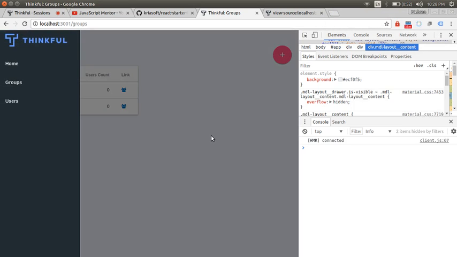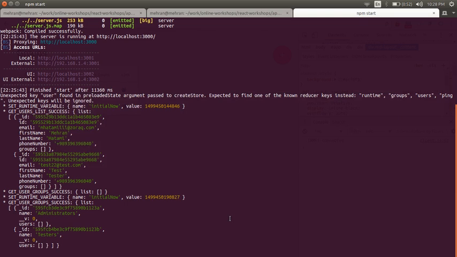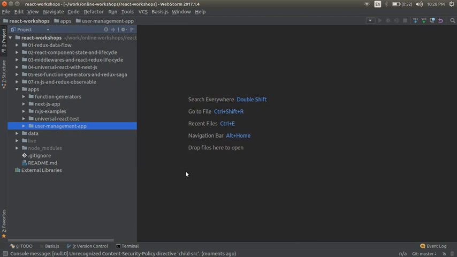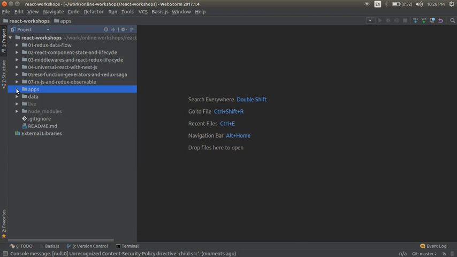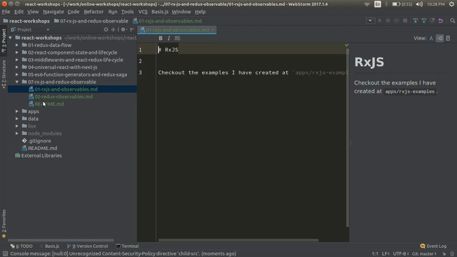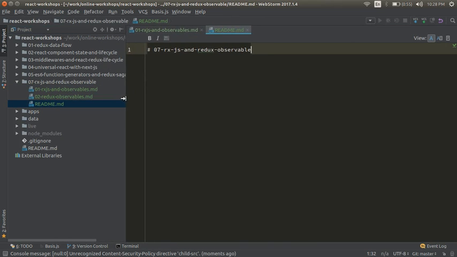So, okay, great. I guess now you have the big picture. Let's go to the topic of this session. The topic of this session is RxJS and redux-observable. After spending some time around this topic, what I decided to do was to cover this topic in two sessions,